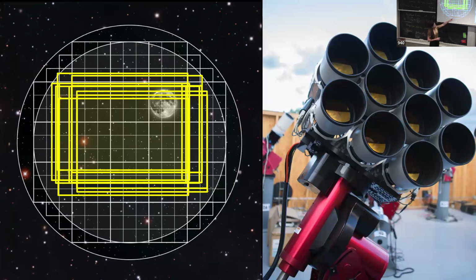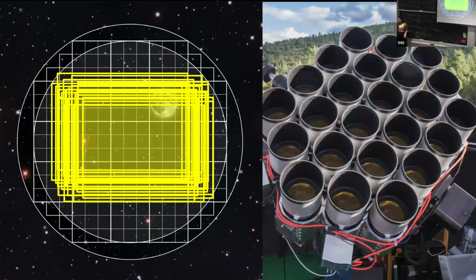And then you collect all of the photons, so you point at the same area of the sky, and just collect the photons from all of them, right? So you're effectively increasing the aperture of the telescope, just adding more of these lenses. And then we added more, and then we added more.